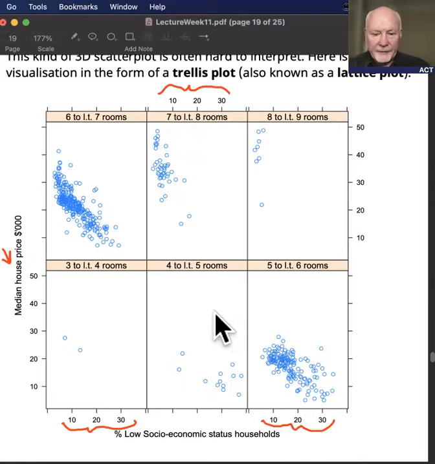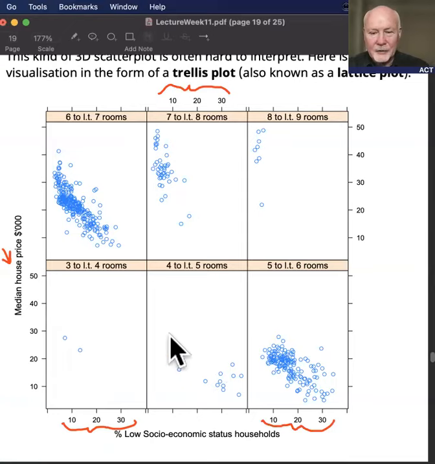So what do we see here? Well, at 3 to 4 rooms, we've really just got a couple of outliers. There are actually just 2 tracts that have 3 to 4 room dwellings. This is not bedrooms, by the way. This is kitchen and living room and bathroom and so on. So a 3-room dwelling is a pretty small